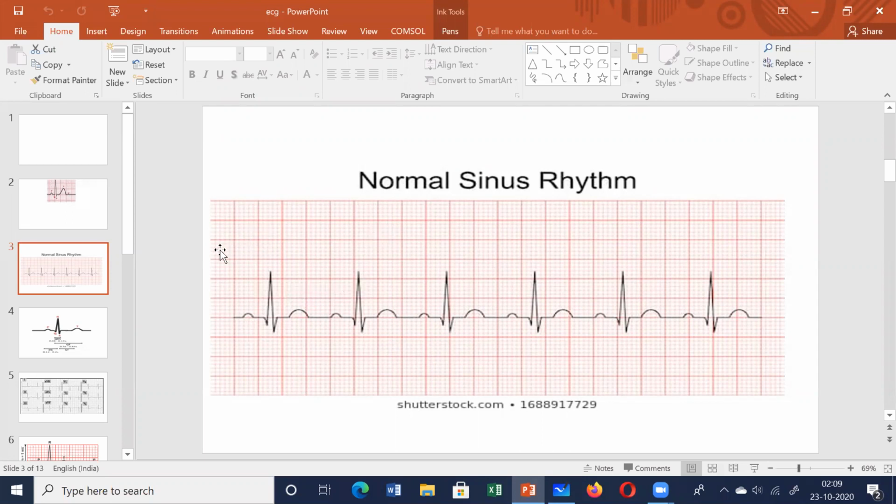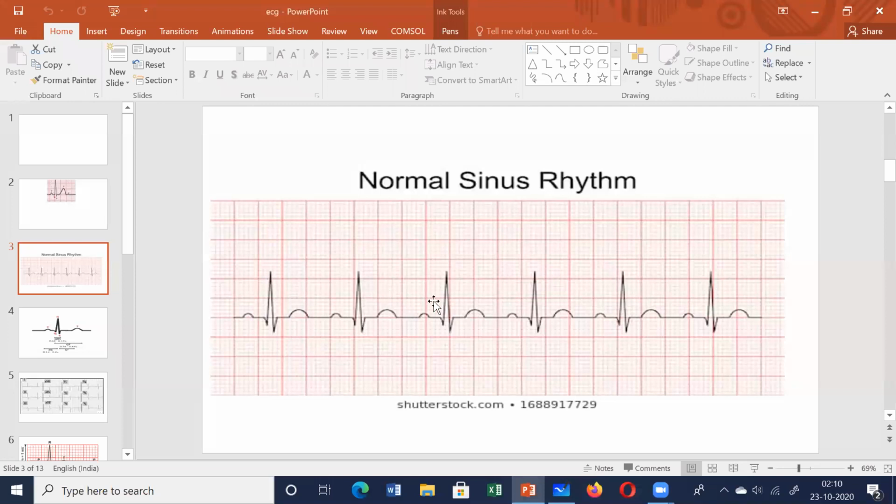Regular rhythm means there will be a normal velocity, normal pathways, and each QRS will be preceded by a P wave. The heart rate will be approximately 60 to 100 beats per minute. These impulses will arise from the SA node, with a normal conduction pathway with normal velocity. All these denote a normal rhythm, provided the RR interval remains constant. If it doesn't remain constant, as we will see in different cases of atrial fibrillation and certain other diseases we'll discuss later.